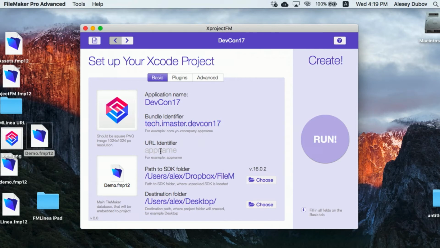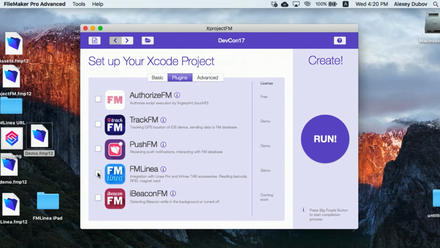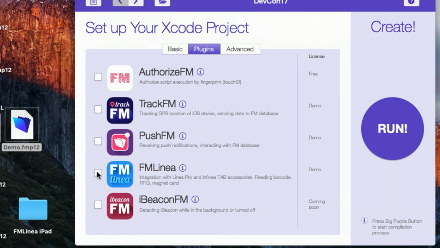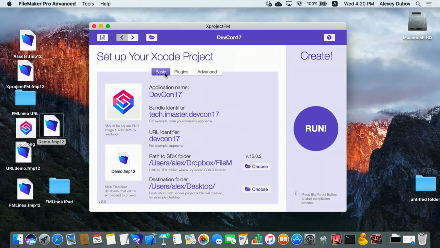Then we need to use some kind of URL identifier, like fmp for FileMaker Go. And you need to choose the place where your SDK is located. Mine was already chosen. You can use any previous version starting from 15 and using 16. Then you go to the plugin section, and you can use these plugins that were already created. Let's use the FM Linear plugin, and now we can run